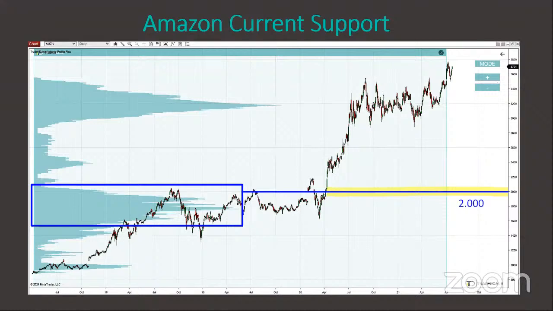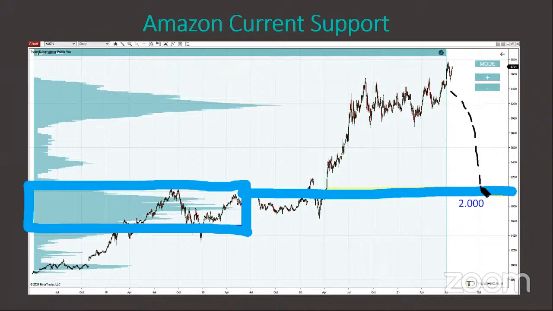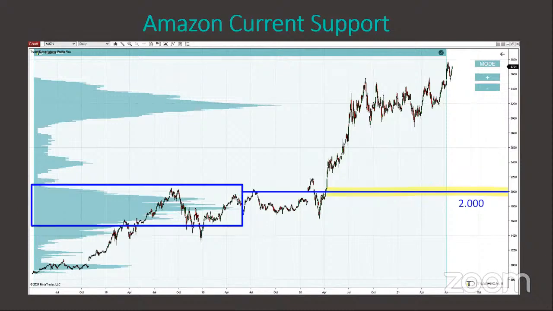Now, regarding the second one, this one, strong buyers in here, absolutely, around 2000. If the price drops there, then this will be a very nice trading opportunity to enter a long trade to buy Amazon with a discount, right? Again, you don't want to buy it when it's at its maximum, when it's most expensive. No, you wait for a discount, all right? This is the discount. You need to be patient.